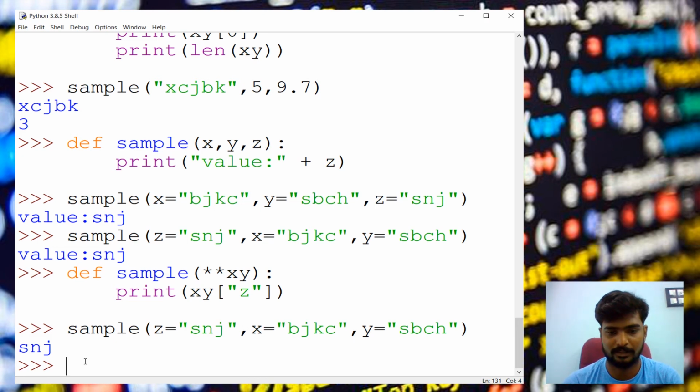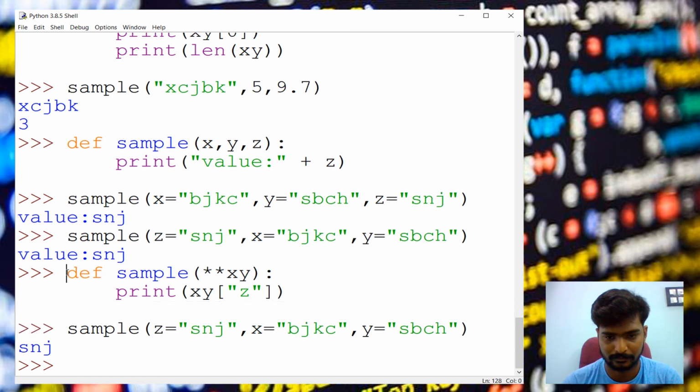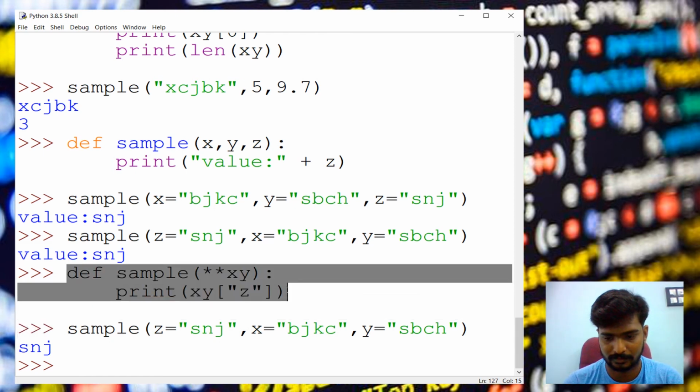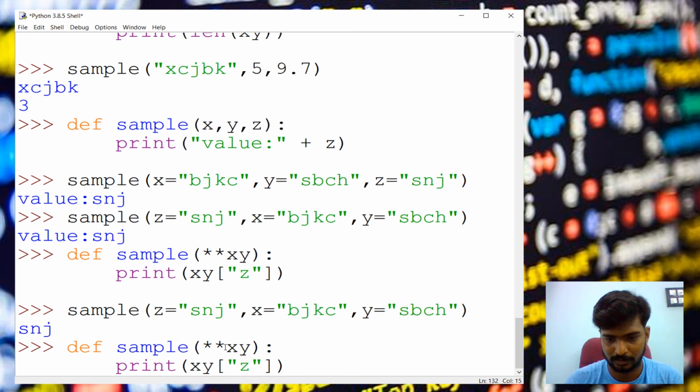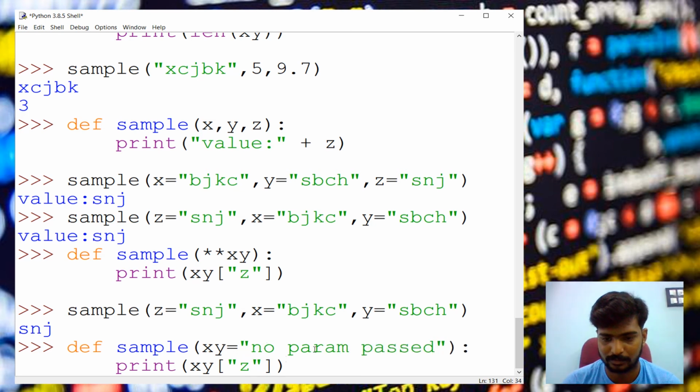Now we can see default parameters in Python functions. We will take this, remove this, and make it x, y equal to some name, like no param passed. Just consider it as no param passed. When a parameter is passed, that value has to be printed.